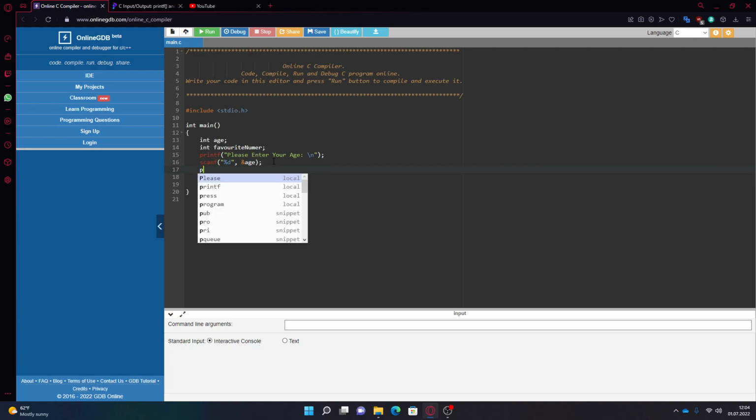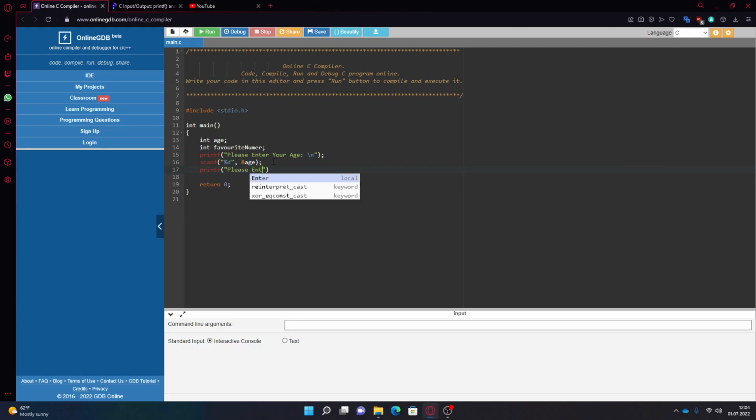And after this we are going to say printf, please enter your favorite number. Oh, sorry, forgive my spelling errors. Favorite number. So we have our favorite number here, and we are taking input from the next line. And again scanf, double quotation marks %d, and then